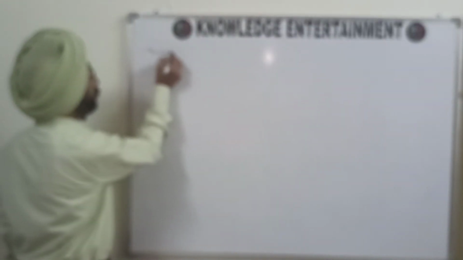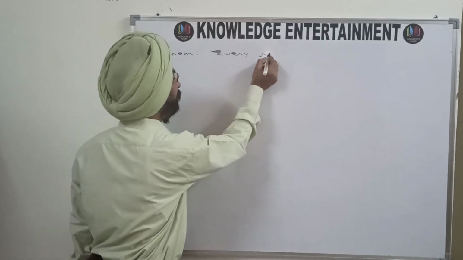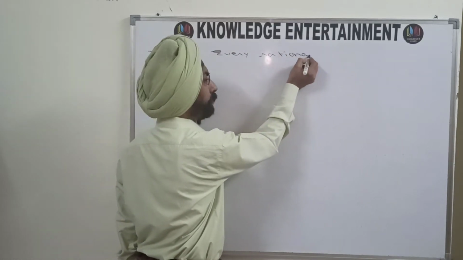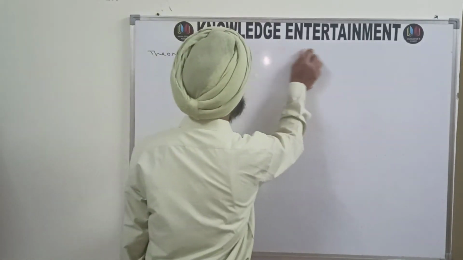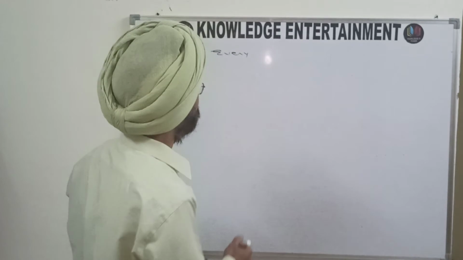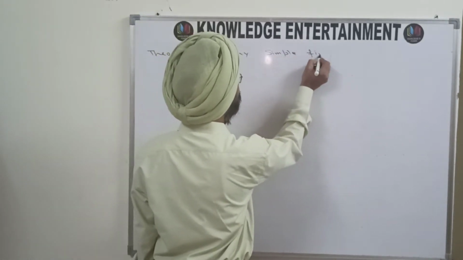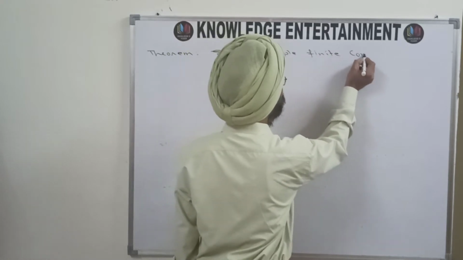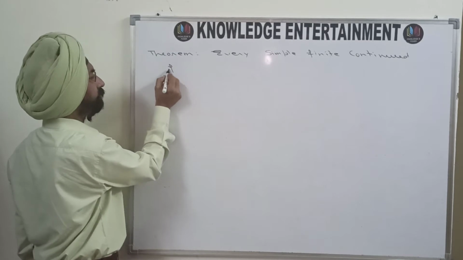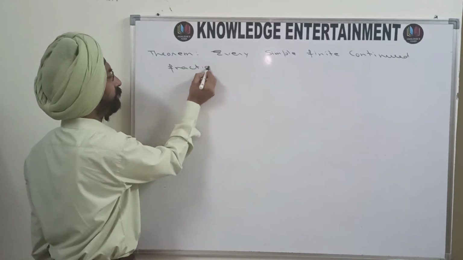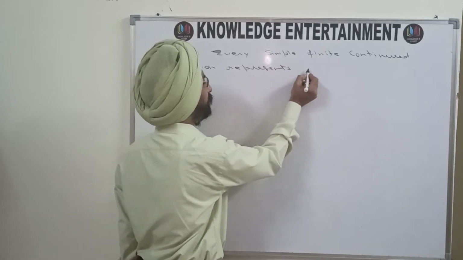The theorem says that every rational number, or you can say every simple finite continued fraction, every simple finite continued fraction represents a